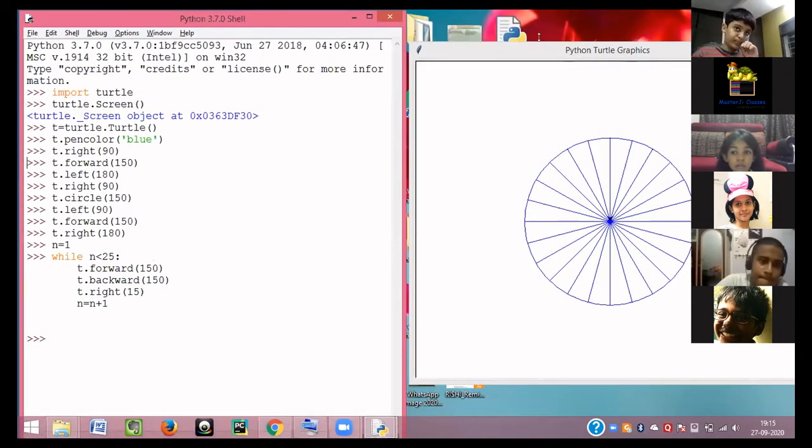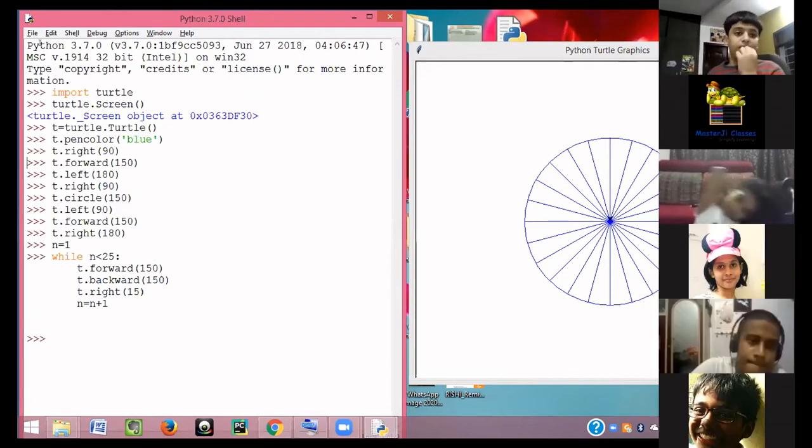When we were doing the Olympic ring program, we typed our program in a separate window. That you don't need to worry about. That will tell you. If you have anything related to the program, that you can ask. Like whenever you are making a Scratch program, you have to open Scratch and make your program in the Scratch. In the same way, if you write a Python program, you need Python. Okay, anything else?